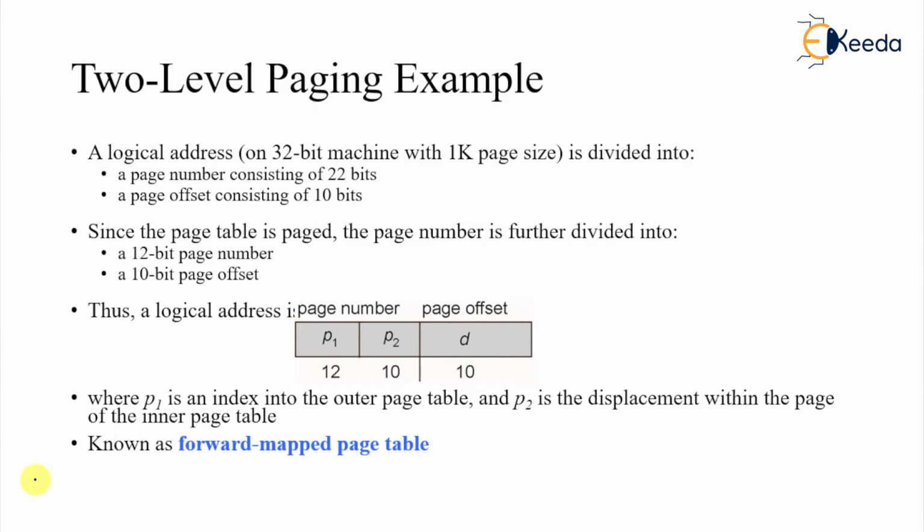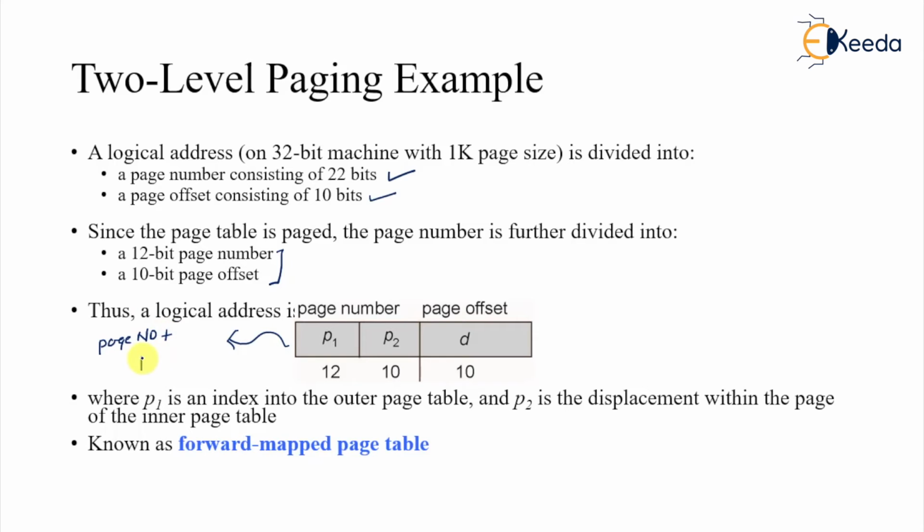So as I told you, the logical address consists of 22 bits of page number and 10 bits of page offset. Since the page table is paged, the page number is further divided. Let's say 12 bits of page number and a 10-bit page offset. Now we do the same thing for those 20 bits, again dividing further into page number